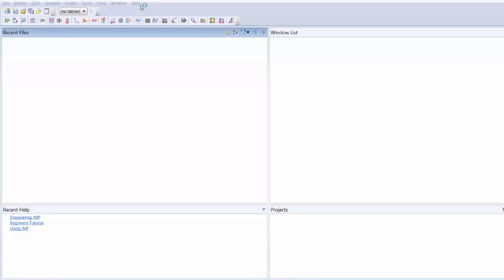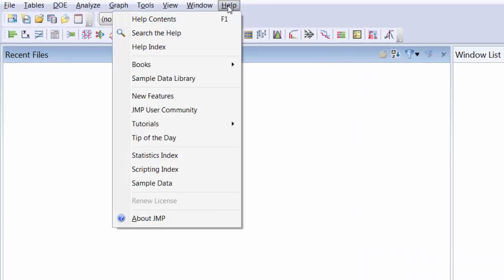For all of statistical inference, we're going to be going to a new menu, which is this Help menu that we haven't used before. So you don't actually have to start with a data table. You just start from the JMP home screen and you click on Help and you go down to this Sample Data option. Now you have to be careful because there's this Sample Data Library. That's not what you want. You want the one that just says Sample Data. So click on that